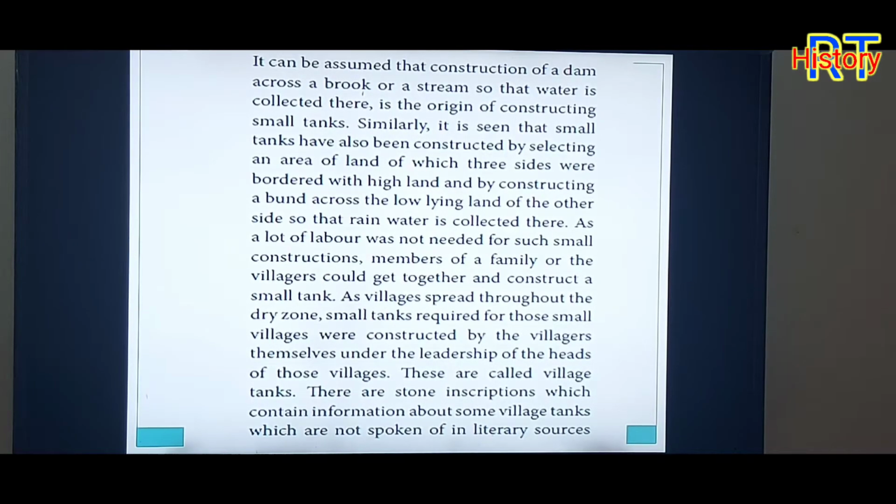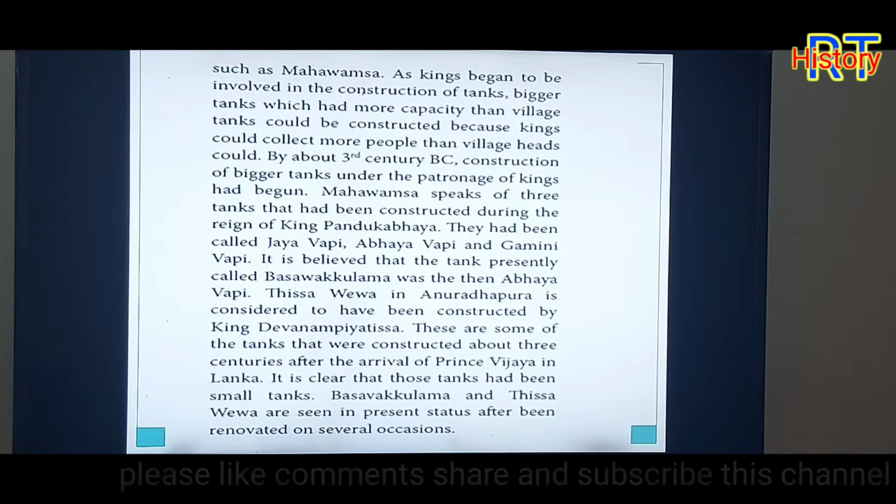They are mentioned in stone inscriptions. Some village tanks are not spoken of in literary sources such as the Mahavansa. As kings began to involve themselves in constructing tanks, bigger tanks with more capacity than village tanks could be constructed, because kings could collect more people than village heads. By about the 3rd century BC, construction of